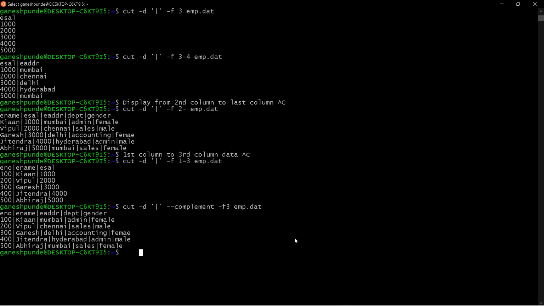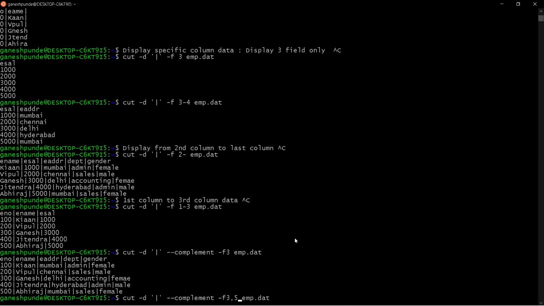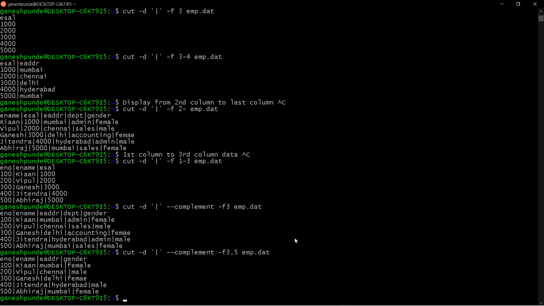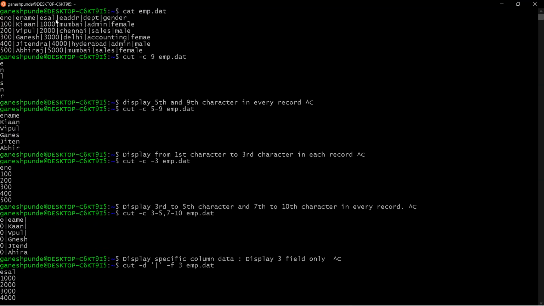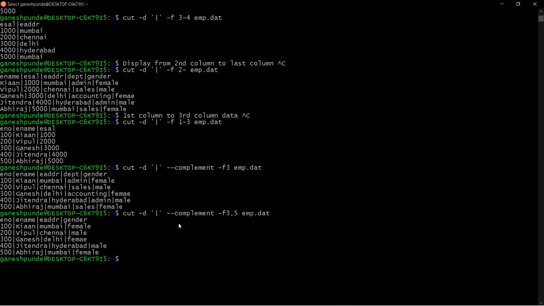Now, suppose I want to ignore the third and 5th column. So you can see the third and fifth column is ignored. So department is ignored.